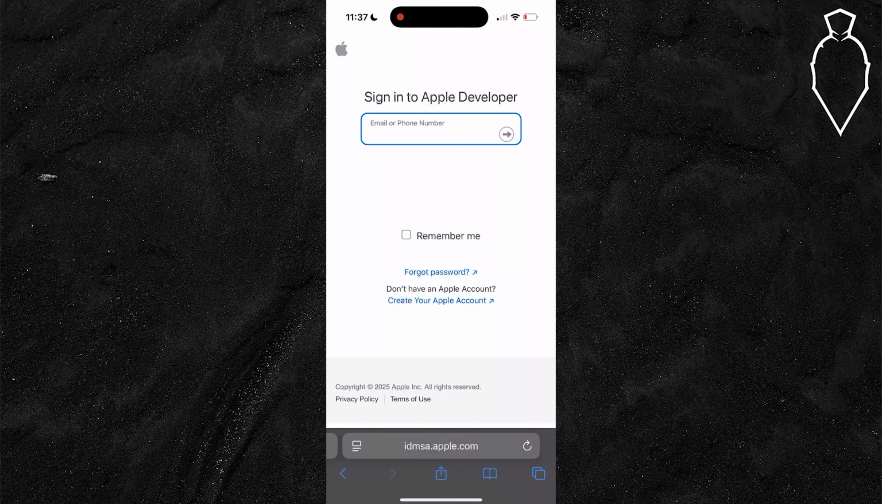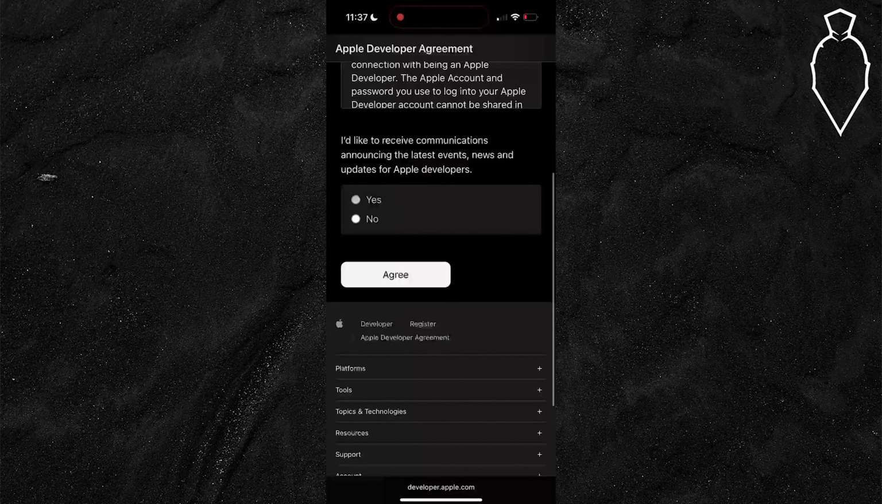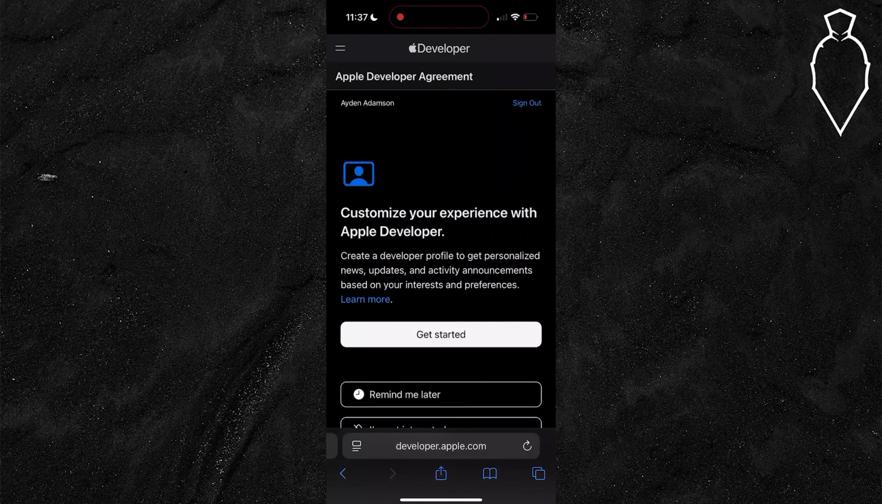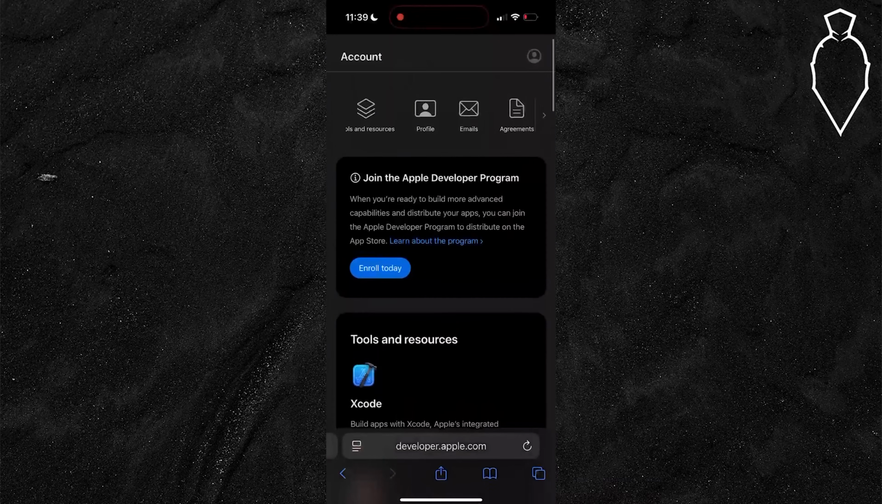You will need to create your Apple ID and fill out this form. If it asks you to fill out this legal document, just hit yes, and then agree, and then continue through this agreement. Once you get logged into your account, you're going to want to enable beta